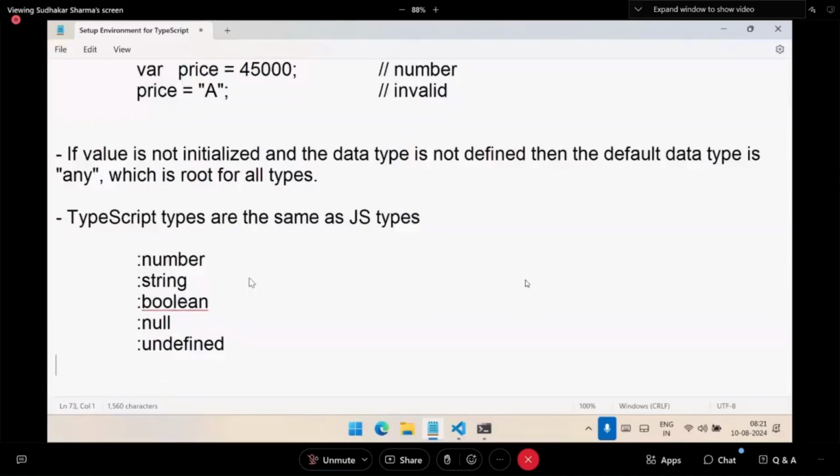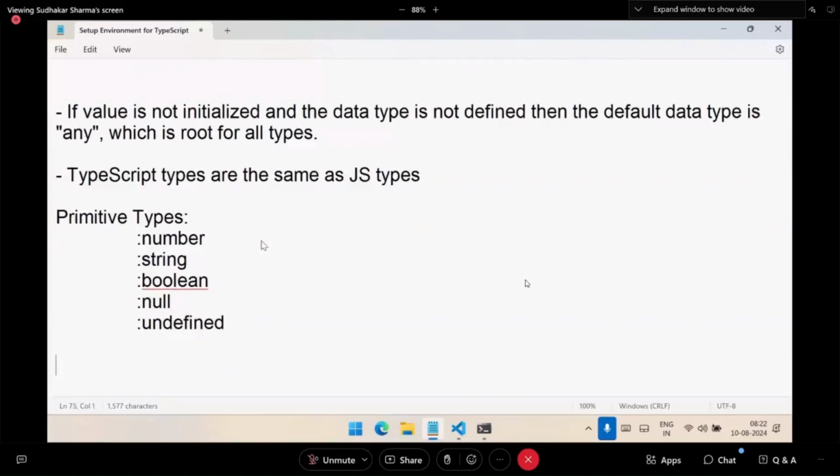First we will learn about the primitive types, right? Later we will see the non-primitive types. These are all what? Primitive. So in the primitive types, we have number, string, boolean, null, undefined. In number, you know already all will come, including big int, right? That means number contains signed integers, unsigned integers, floating point, double, decimal, exponent, binary, hexa, octa, all these come under